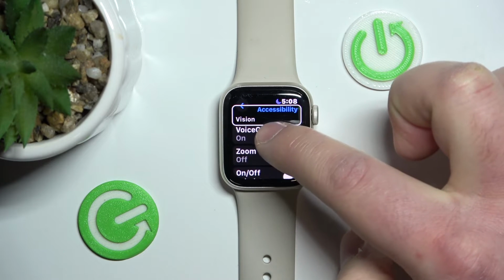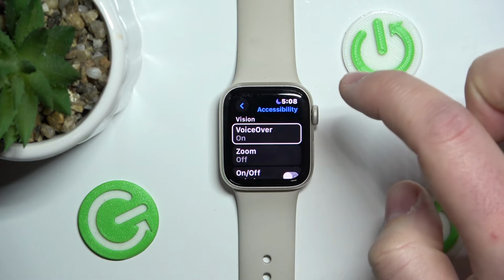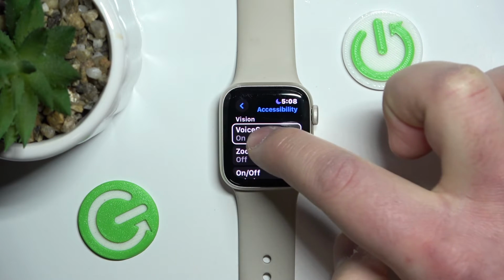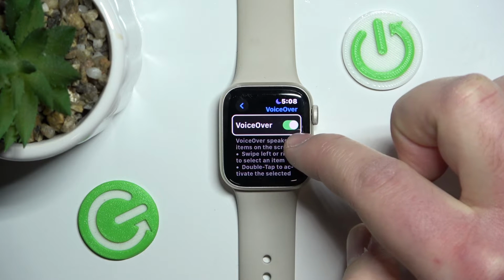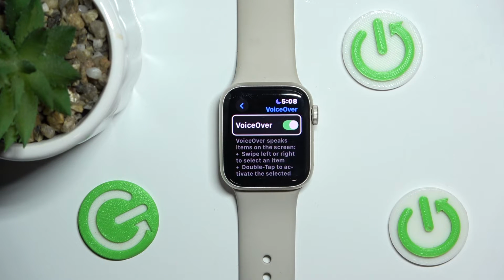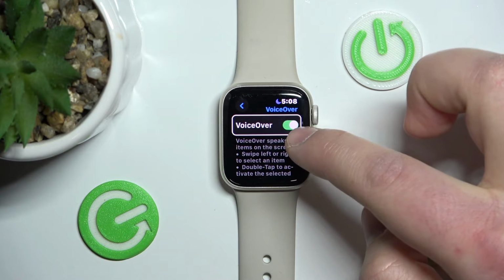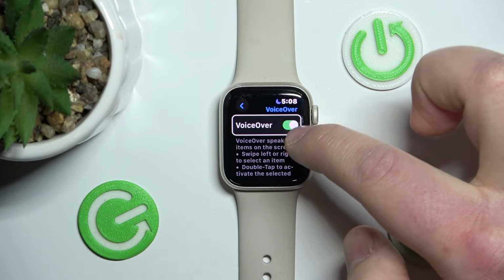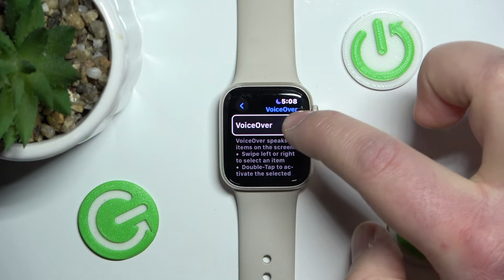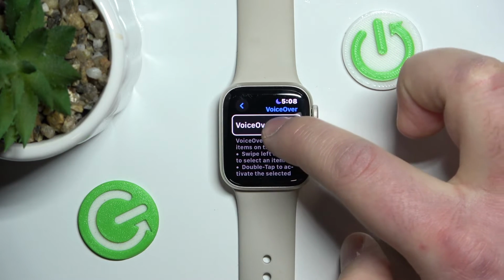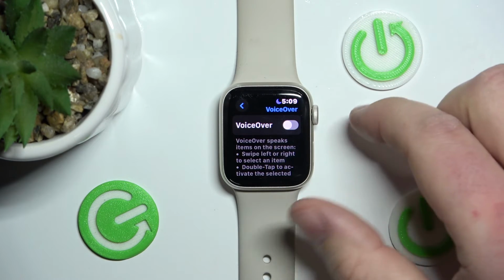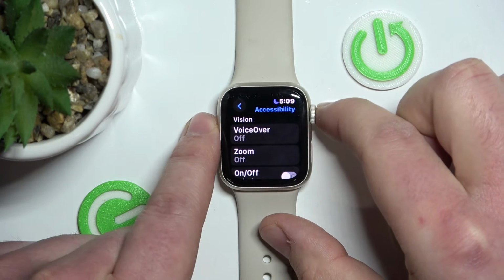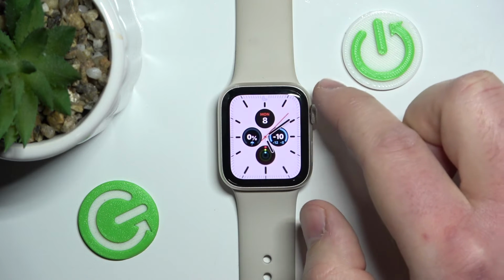VoiceOver on. So just click twice. VoiceOver on. VoiceOver switch button on. And double tap to toggle setting. As you could hear, we just need to double tap on the VoiceOver switch button right here to turn it off. So VoiceOver off. As you could hear, now the VoiceOver is off, and we can use our Apple Watch